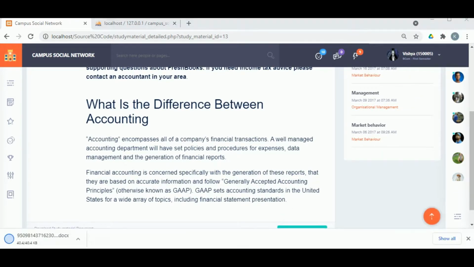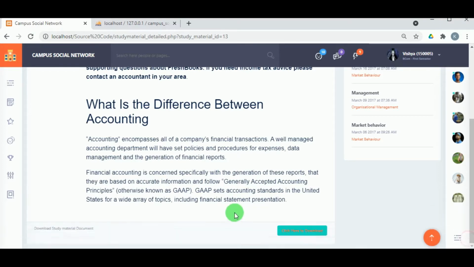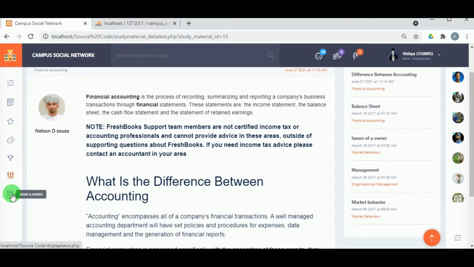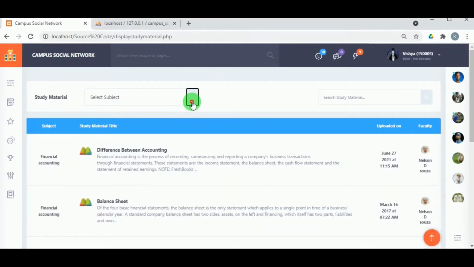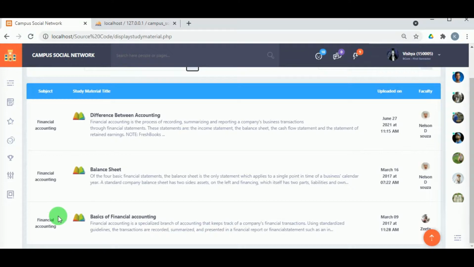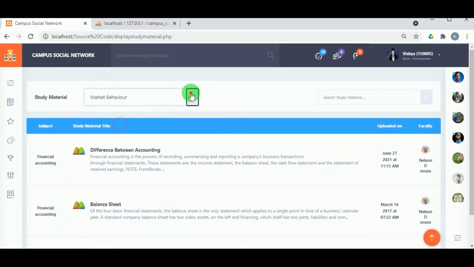So there are options for the student where they can select the particular subject and view the study materials present in that particular subject. So here we can see each subject has got study materials, and they can also search by the subject names or the lesson names and find the study materials. So in the wall post also there is an option for study materials. Clicking on this also leads to the same page where they can view the different study materials.